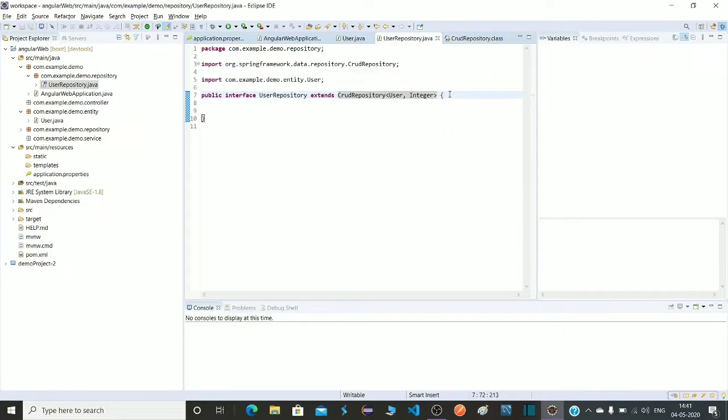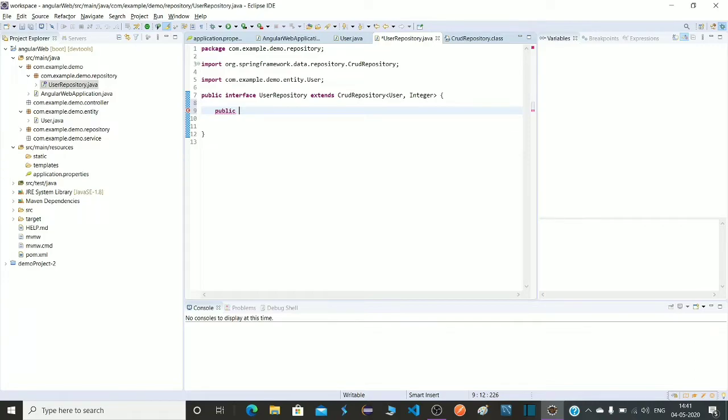So here we will create some abstract methods by using Java naming convention. Public. In saving there is the save method for saving the user, but when I am trying to search or find a user by user ID, in our case the user ID is not present, so we will use username.